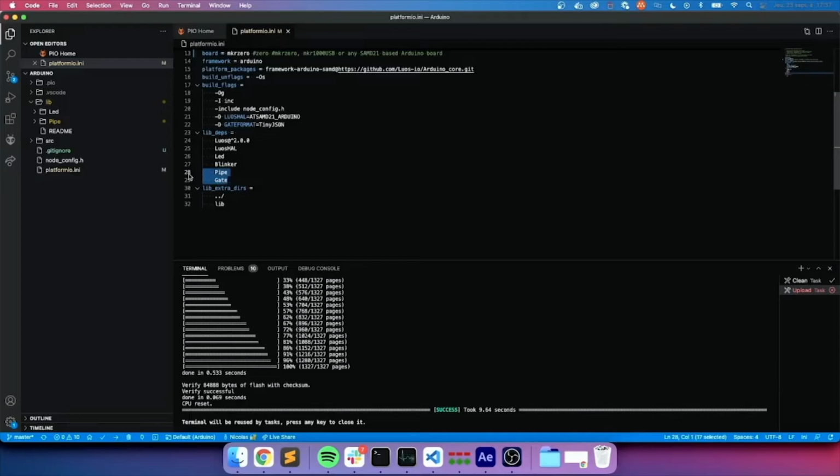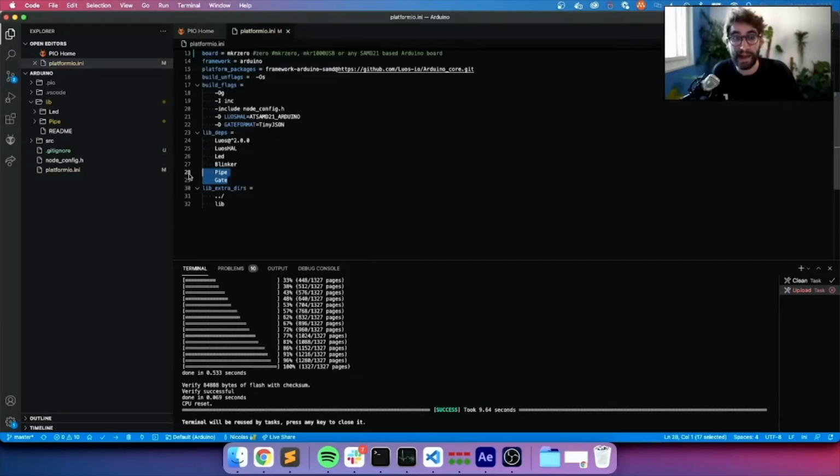Luos also allows you to link any kind of device, such as the one you just flashed right now, with any kind of computer language. To make it work, you're gonna need to add something on the embedded side, allowing Luos to translate everything happening between your services and send it to your computer. Those are the two last dependency libraries that we can find in this platformio.ini file, the pipe and the gate. The gate is a specific service allowing you to translate any other service into specific formats, such as JSON. Most of the time we are using JSON.